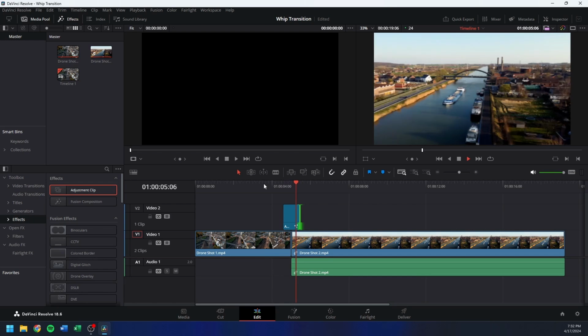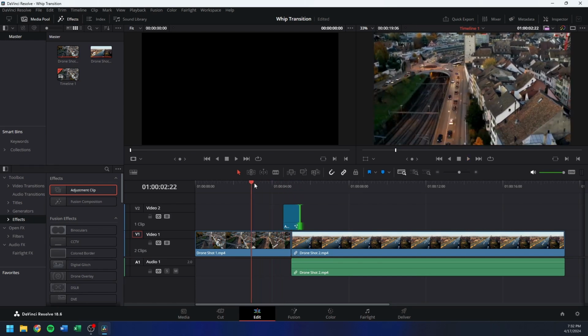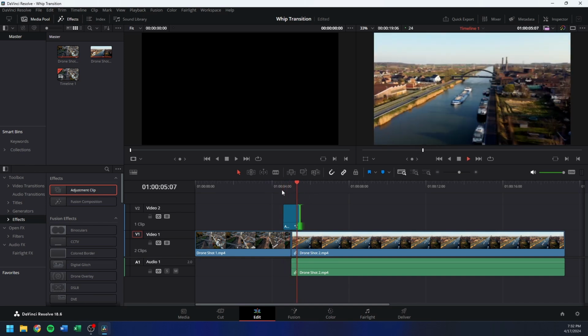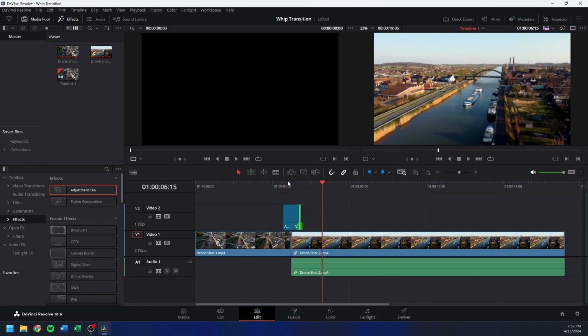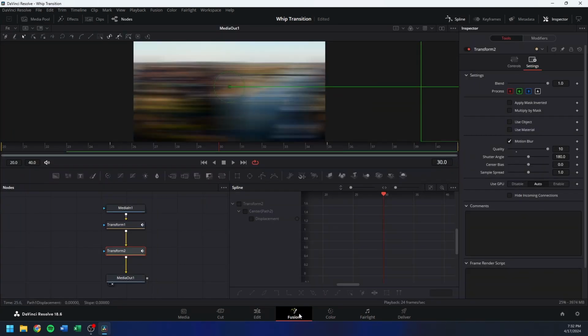So that looks really, really good. And actually, I wouldn't change much. The only thing that I want to change is I feel like it's a little bit abrupt going from the stretch into the transition. So I'm going to put my playhead back over my adjustment clip, go back into the Fusion tab,